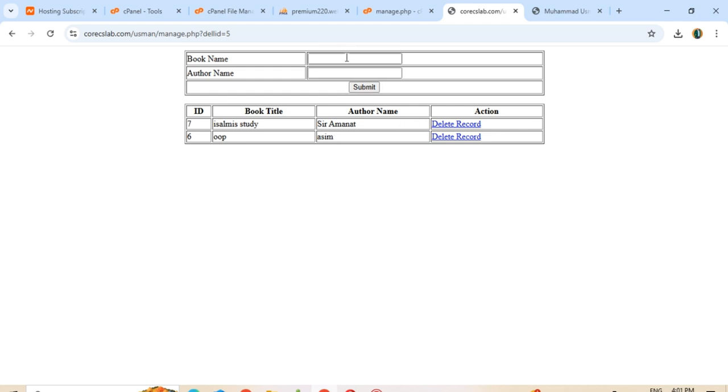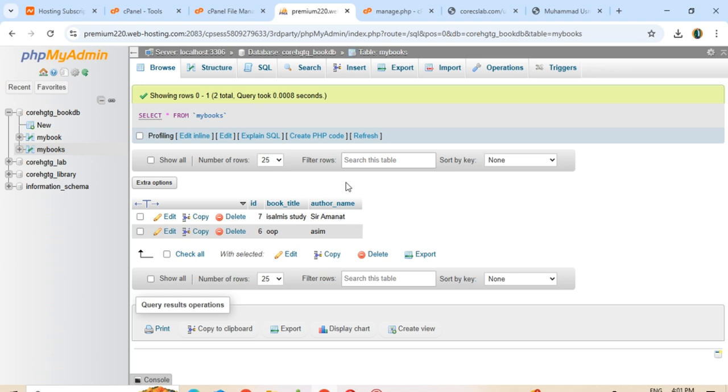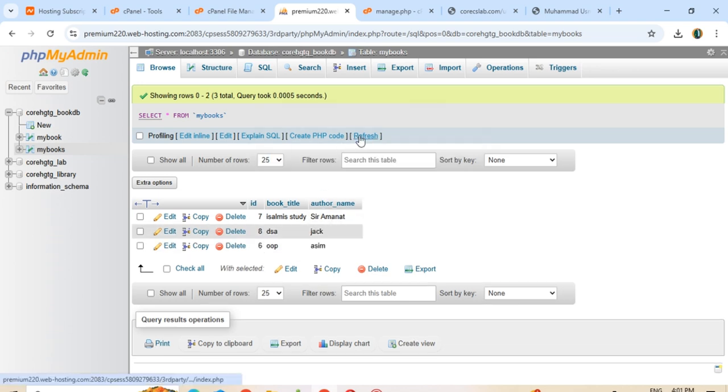So let's start. I enter a book name like DSA and an author name, Jack, and press the submit button. Here you see the added value, DSA Jack, and there is a delete record button. Before deleting, we go to our database and check whether it's updated or not. I press refresh, and it shows the updated data: book title DSA and author name